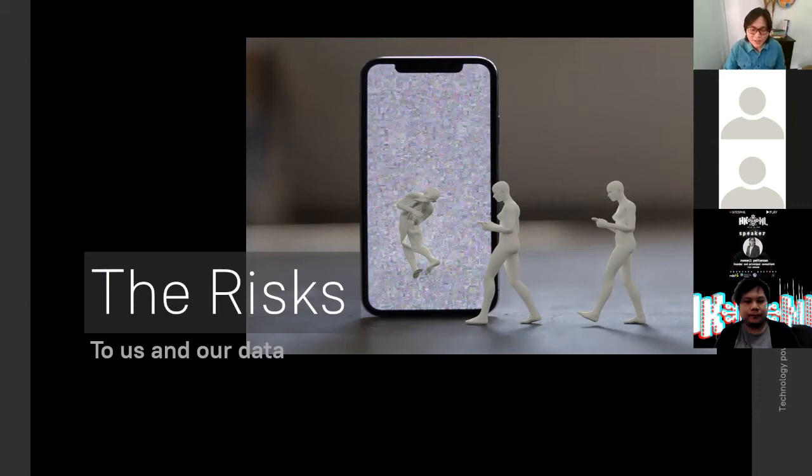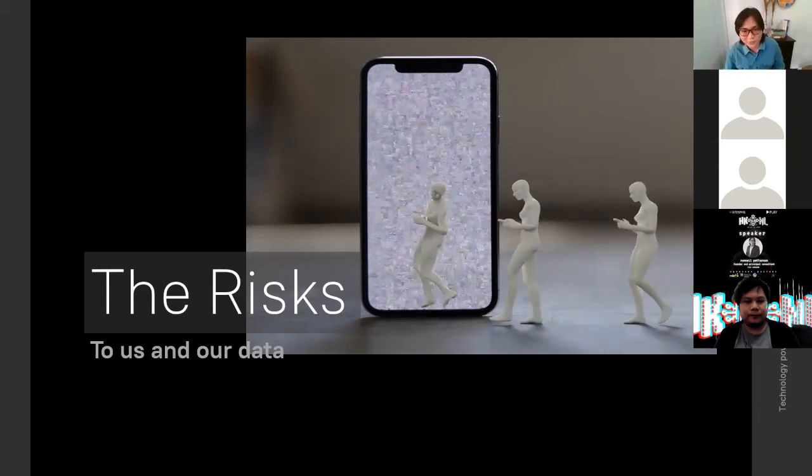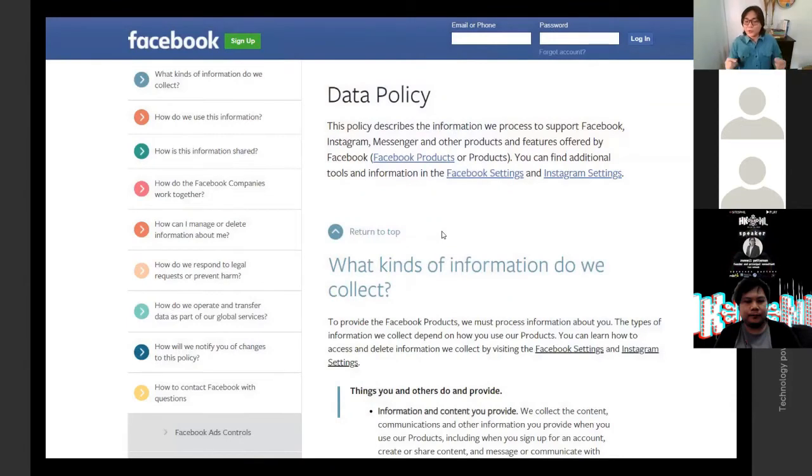So just a bit of an interaction with everyone here. I would like you to use Zoom's reactions on the bottom and show me a thumbs up if you have seen this page before on Facebook. I'll give you guys some time to find that thumbs up button. Okay, so the mere fact that I cannot see anyone here putting their thumbs up basically just means most of you guys are seeing this page for the first time. Heck, I first saw this page when I was preparing for this talk.